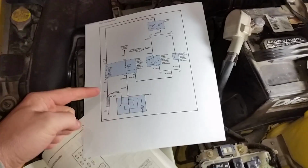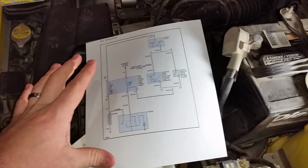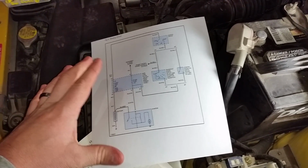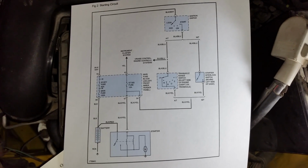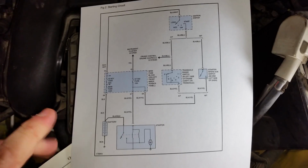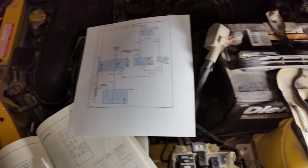So, what we have here is an actual decent diagram of the starter system for a Mazda Protege 5. It's probably the same for a regular Mazda Protege. So, take a peek. I'll probably have this linked up on a blog type post, but if I don't, there's your diagram. So, we'll go through it real quick. If your car doesn't start,